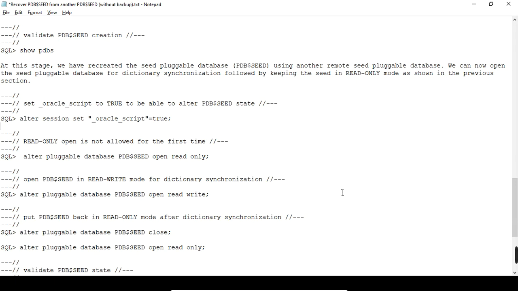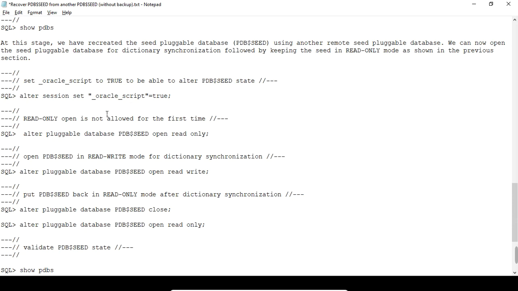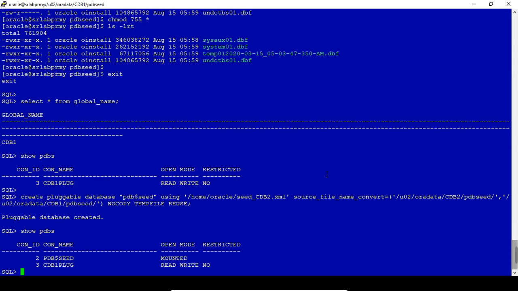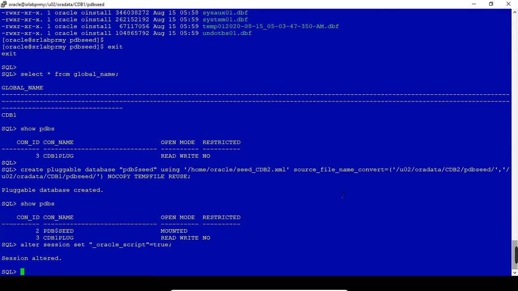So we can now open that seed pluggable database for dictionary synchronization, followed by keeping it in read only mode as shown in the previous video. So now we have to open that PDB in read write mode for PDB synchronization. Alter pluggable database open read write.